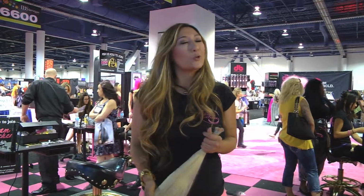Right, so what's trending this year, what I've seen, is just a more loose look, a little bit more flowy, a little bit more natural, especially when you're working with colors. You see color melts, more balayage, more ombre effects, and it's fantastic because the Dreamcatchers can really accentuate that, not to mention that you can create beautiful colors without doing as many chemical processes on the